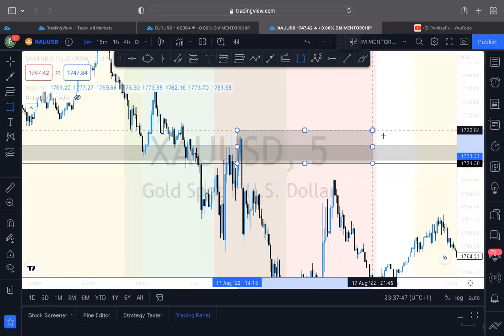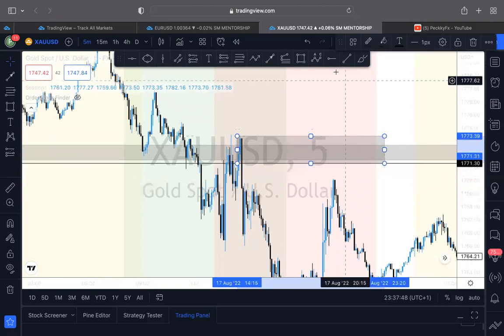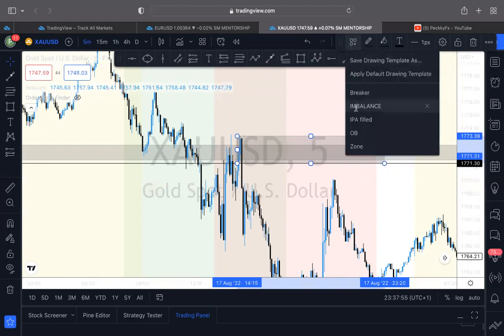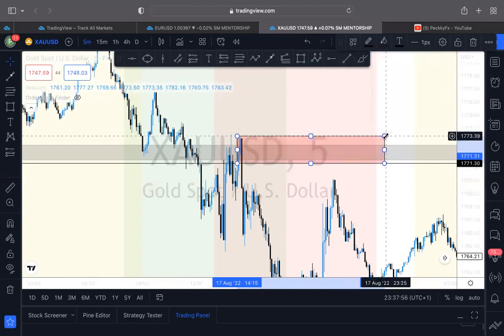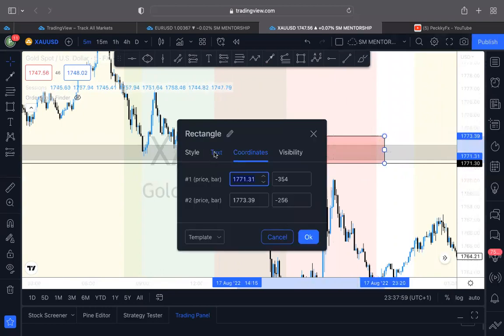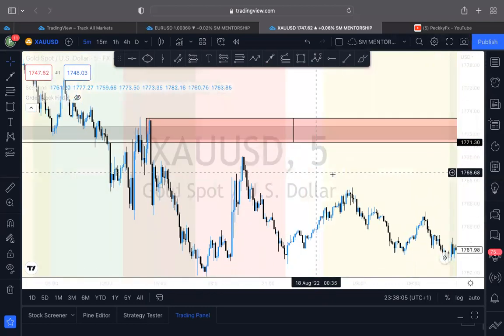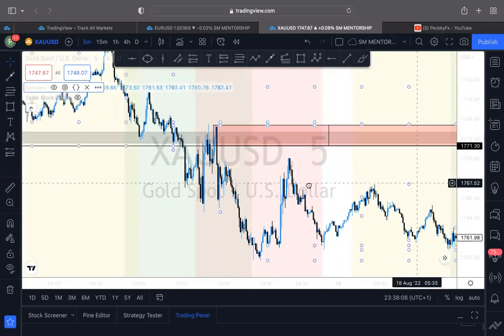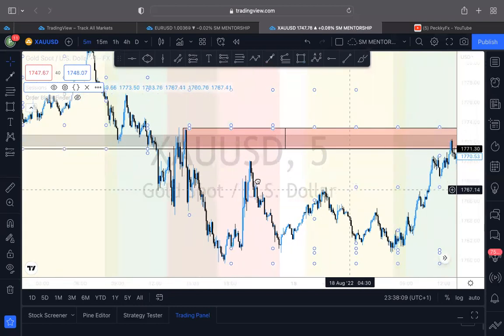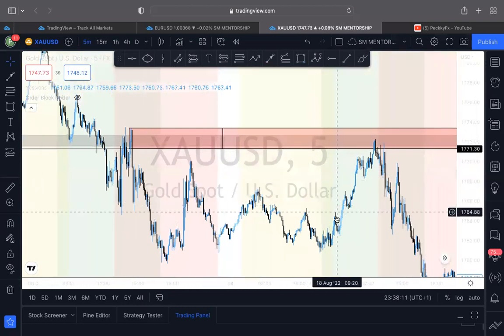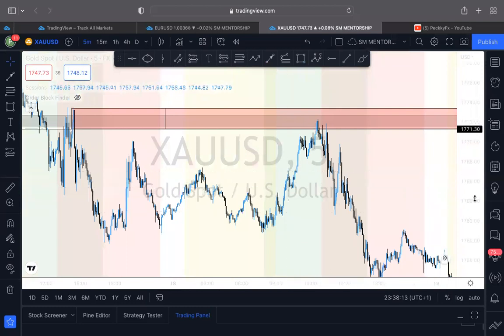Take note, this was my New York overlap block. All right, so I want to see the block. Let's extend it to the right. Okay, so this is where I want to see the entries, just using that same thing, right? So you can see how